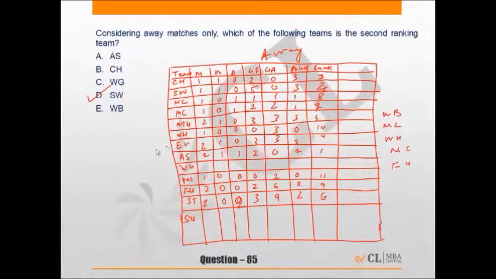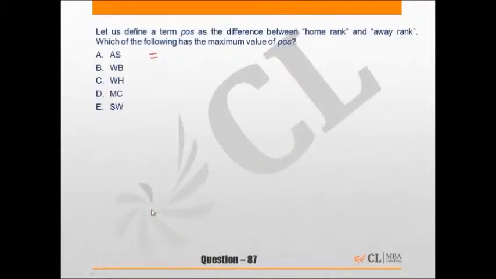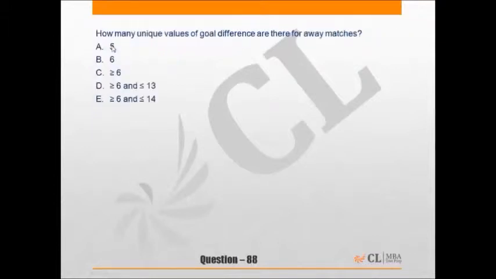and from the table the difference for AS comes out to be 12 minus 1, that is 11. Similarly, the difference for WB is 1, WS is 8, MC is 3 and SW is 3. Hence the maximum value of POS is for AS, which is option A. Now coming to the last question of this set,